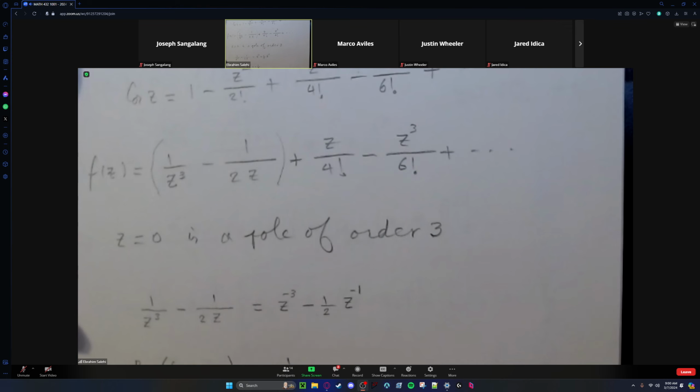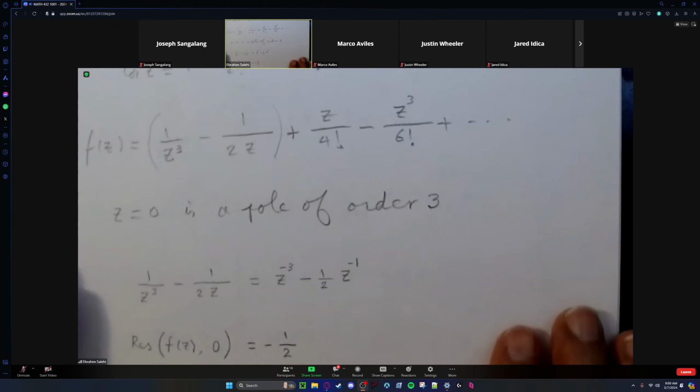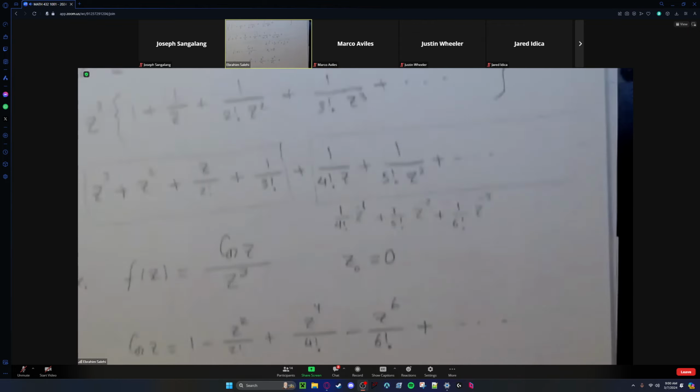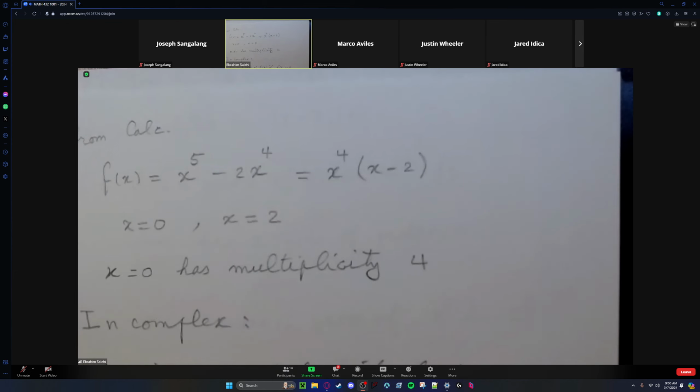That is one of the ways that we find the residue of a function at its isolated singularities. Okay, so this was good because I am also going to talk about residues today. Okay, so next,